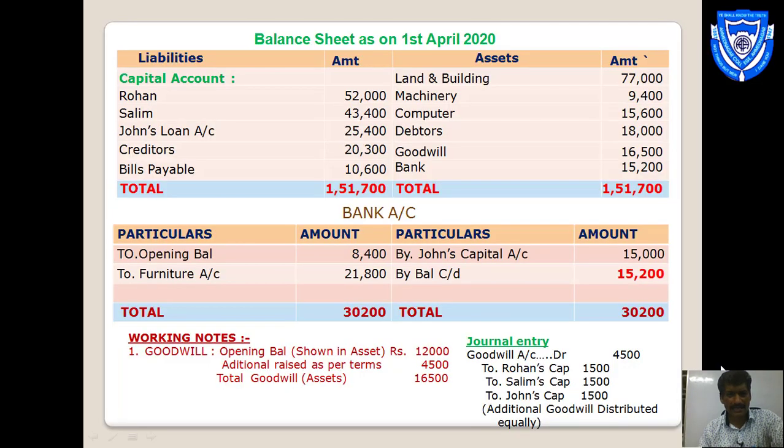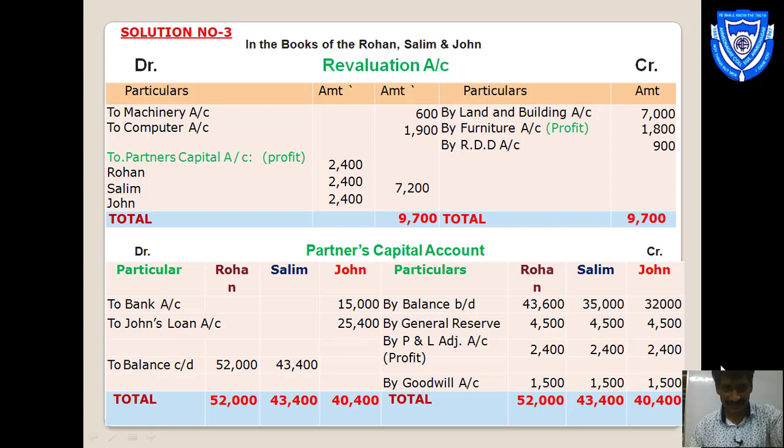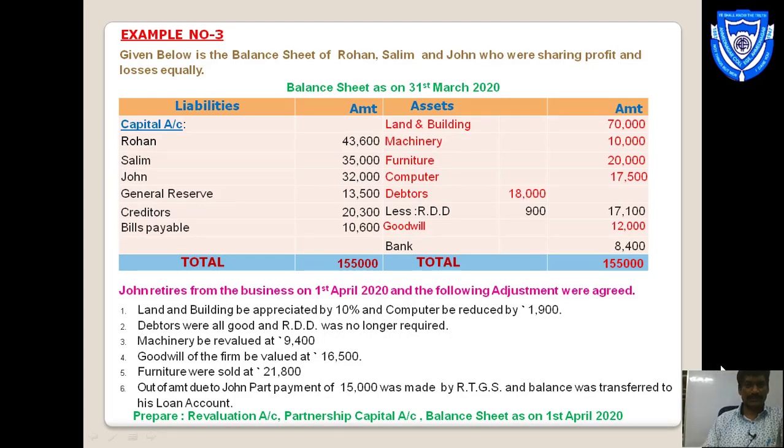So friends, here we have considered all the adjustments and the assets in the balance sheet. At last we have to see whether the accounts are correct and the balance sheet is tallied. For that we have to make a total of both the sides, that is the liability side and the asset side. I first made a total of the liability side, that is 1,51,700. I again made a total of the asset side, that is also 1,51,700. That means my balance sheet is tallied, and I can say that the example I have solved is correct. It is expected that you have understood this example.